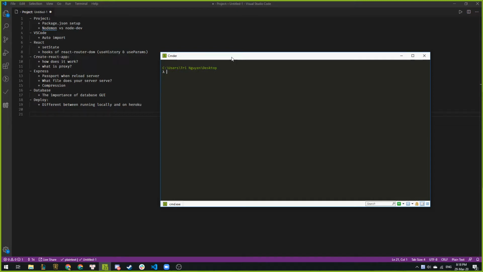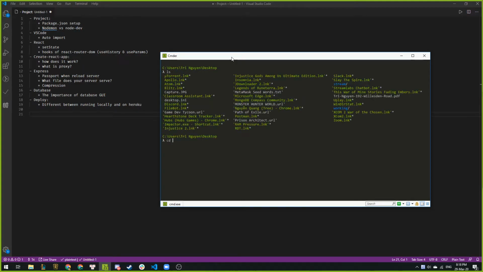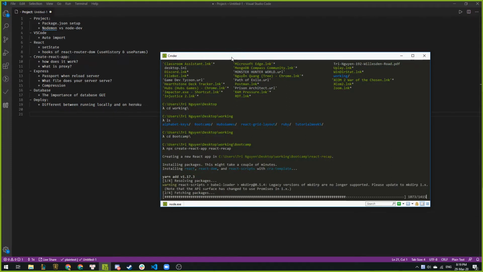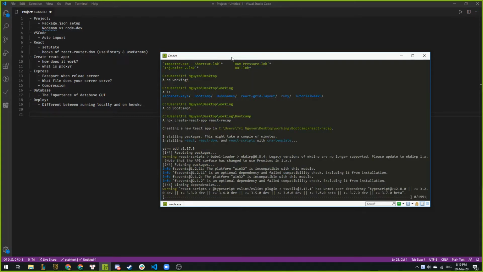Right, so I'm gonna make a React app. I think it's create React app, and you put a name. So I'm gonna put React recap. Cool. All right. So now, while we're waiting for it to work, I think it's gonna take long, so let's slow it down and talk about